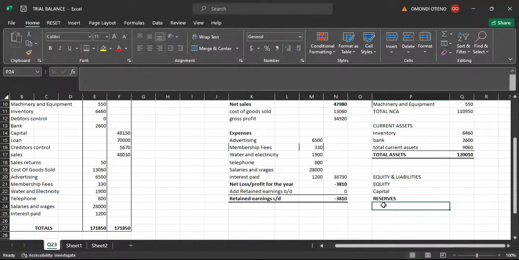That's where we have share premium, which is not here. So if that's not there, we also have retained earnings or revenue reserve, which is what we now extract from